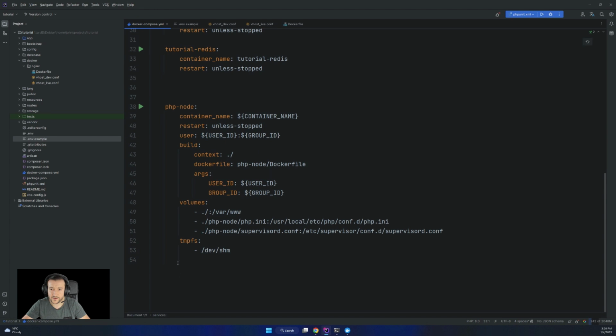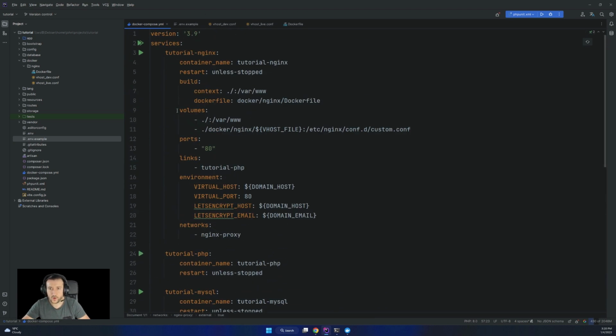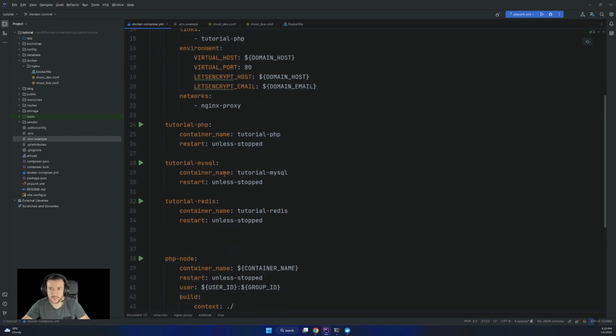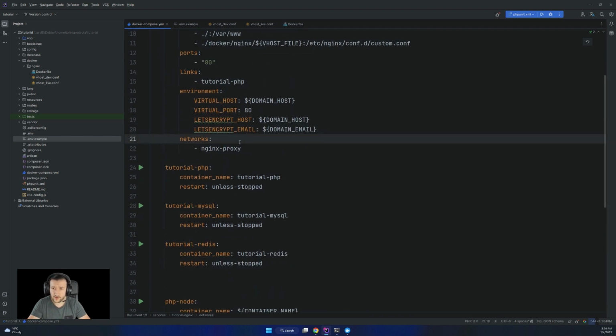In order to do that, all we have to do is declare it as external. So I'm gonna go nginx proxy and then external true. But I told you I want all of these services to be in the same network. How do I do that?